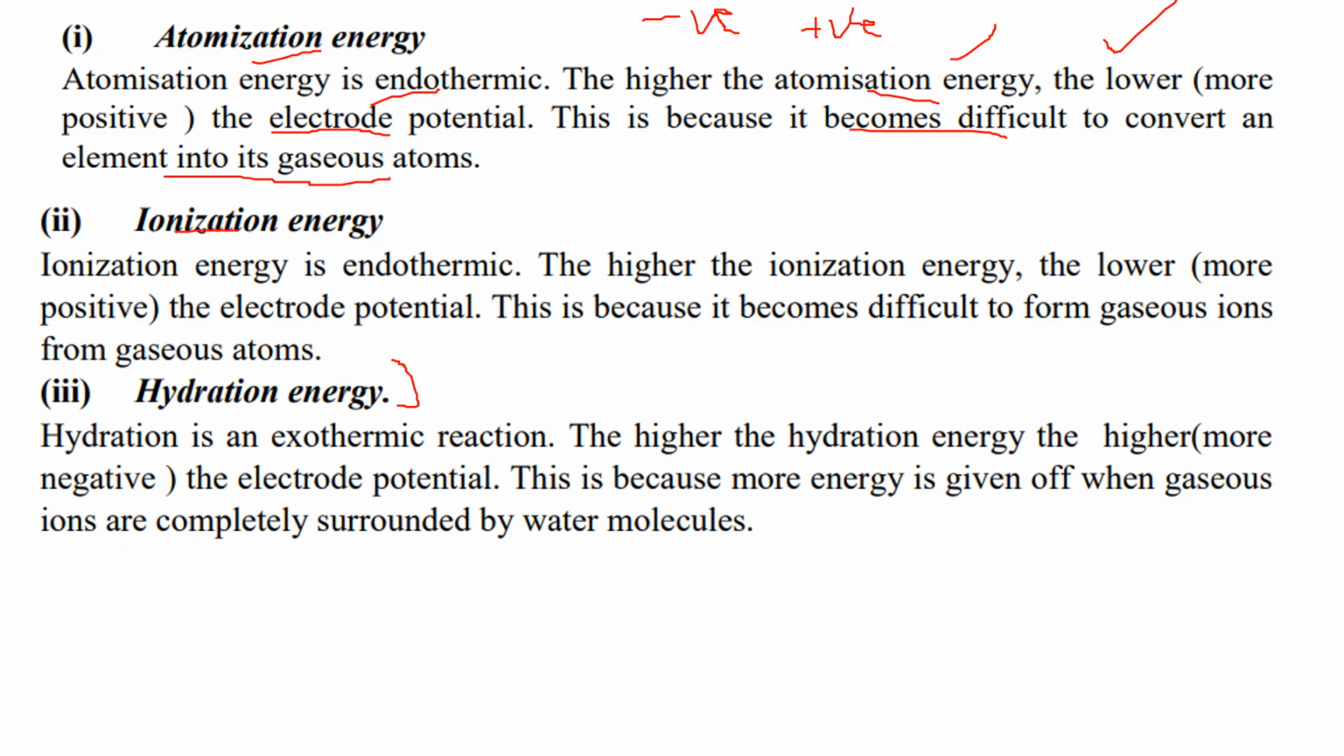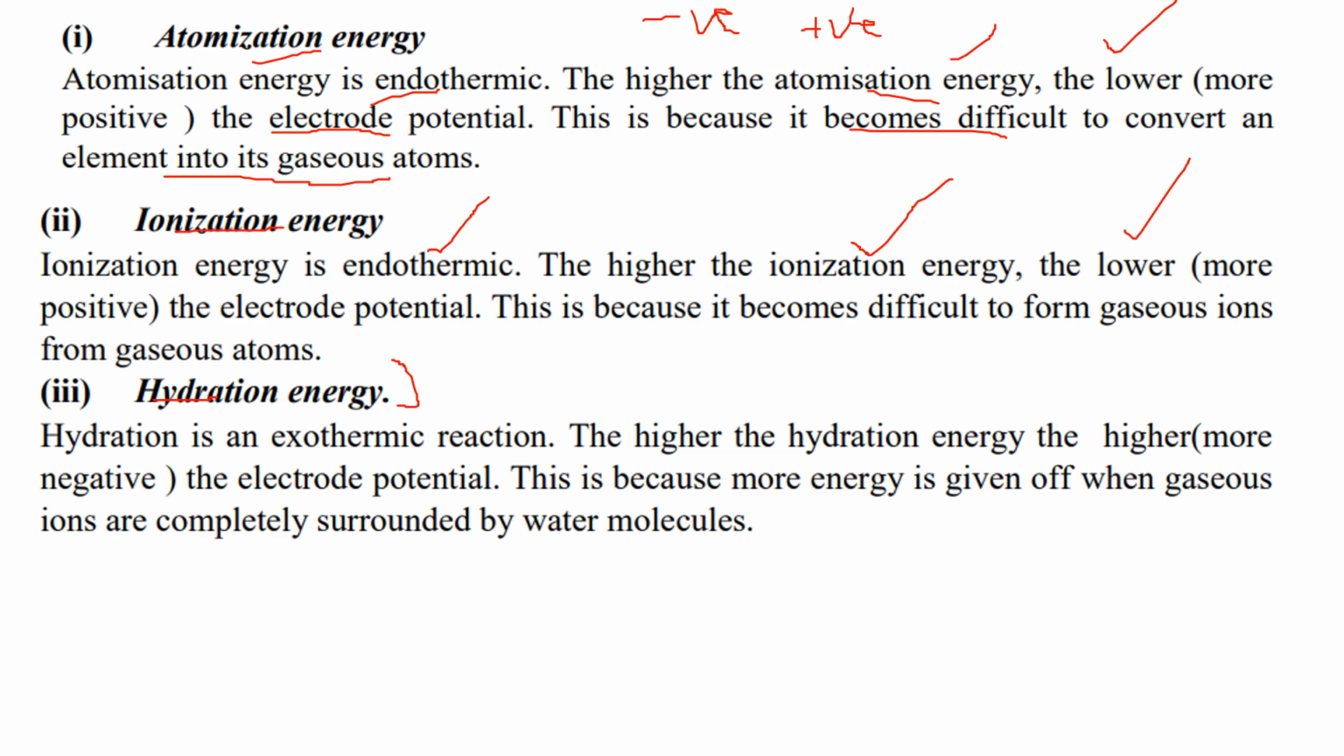Then we look at ionization energy. Ionization energy requires energy, so it's an endothermic process. Being endothermic, that means that it's going to make our electrode potential less negative, or it's going to lower it. So I'm going to say that the higher the ionization energy, the lower the electrode potential, and the opposite is true. Looking at hydration energy,